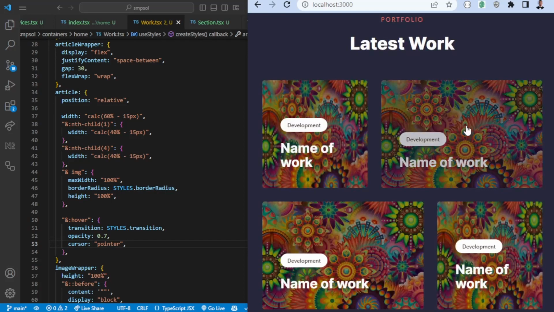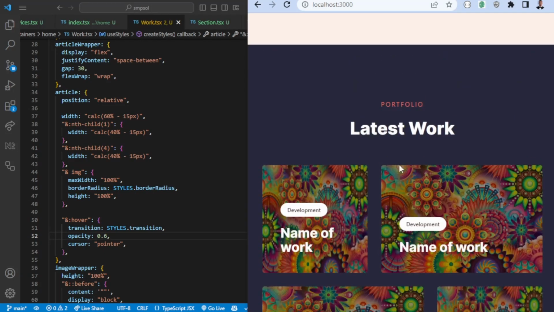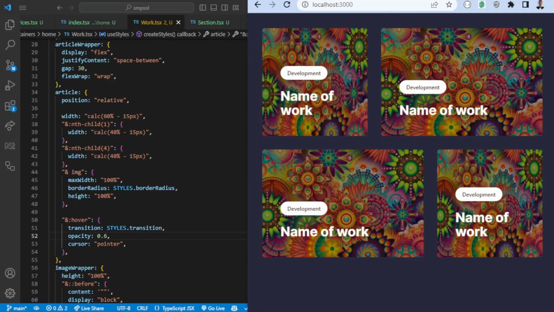As you can see here, hovering it will give us the perception that it's clickable, which is kind of nice. Maybe it's too little. Maybe we want to have 0.6 to make it even more practical. So as you can see here, it's starting to look quite good. Okay, so